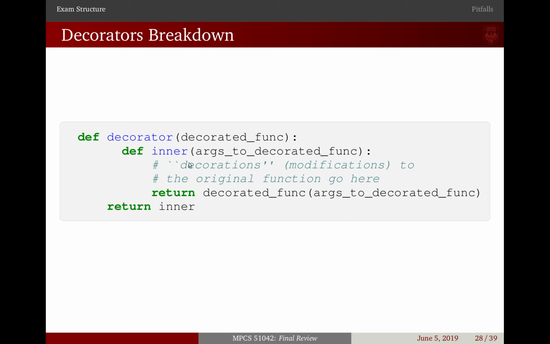So in that same example for the LRU cache, this is where we were checking that cache to see if we had previously input those values to this function so we could return the appropriate output. And then finally, typically, we're going to call the original function with the args to that function and have it operate and then return the value. So as we're defining this decorator,